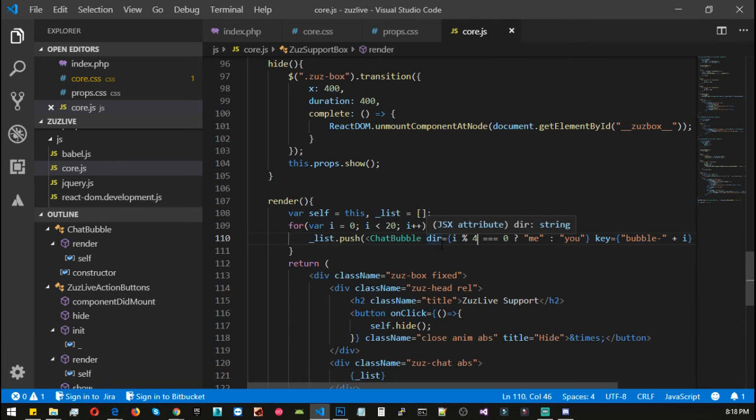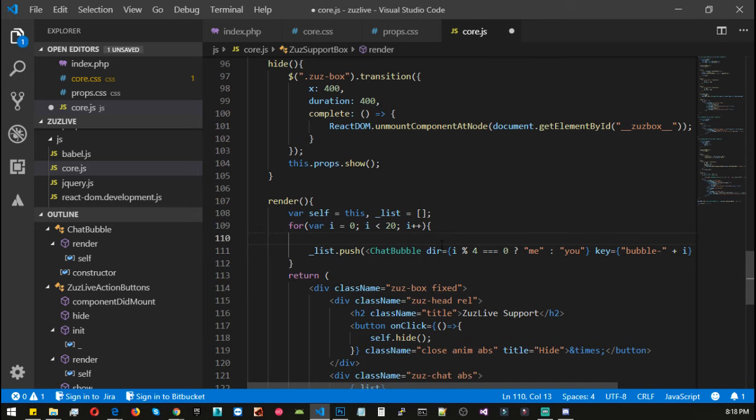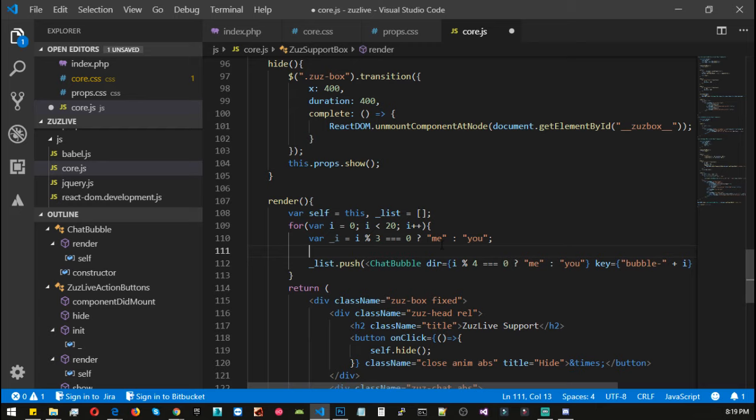Now we need to add a couple more chat UI bubbles, and first of all we need to add var _i equals i %3 equals 0, then it will be me, otherwise you. Now we need to check _i